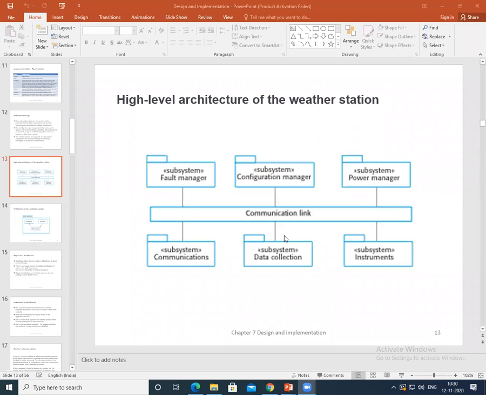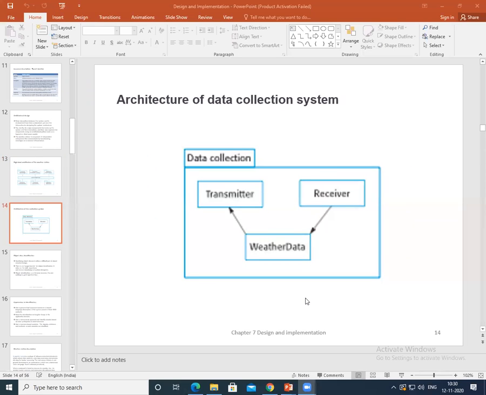So if the question asks you to represent the architectural design for a high level weather station, you should be able to represent this diagram, and you need to tell what exactly the system is. The system is a weather station. What exactly the use case is: to report weather. What are the actors here: the weather information system and weather stations, right? What is the data, what is the response, what is the command, all these things you should be able to represent.